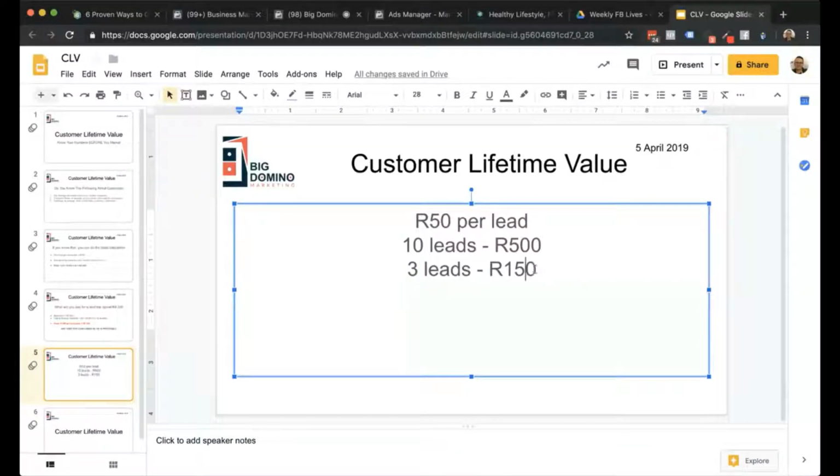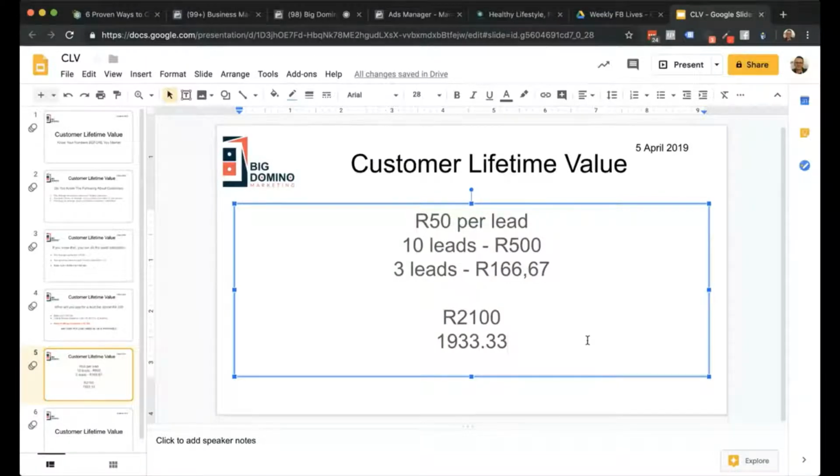It's actually a little bit more than this, because 10 leads will cost you 500 Rand. So if 3 leads convert, that's actually like 166 Rand, by my calculations. Let's do it like that. And that means you're getting a paying client for 166 Rand. If you are making 2,100 Rand on that paying client, you can calculate that. You have just made 1,933 Rand and 33 cents profit on each of your leads that come in.